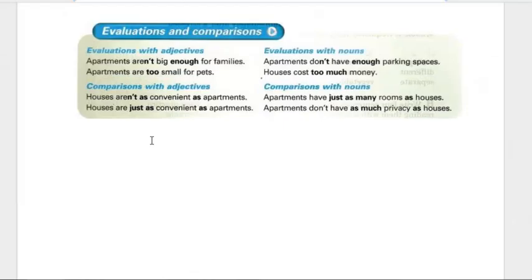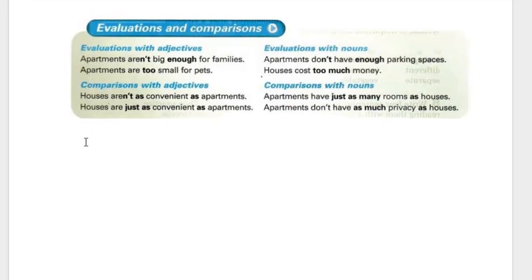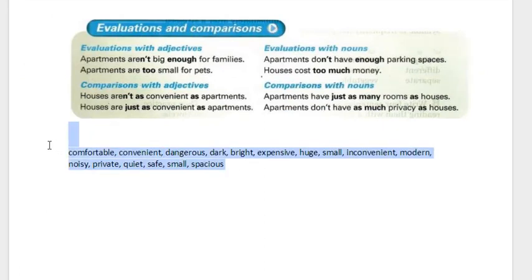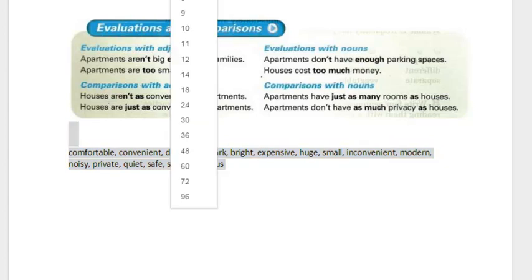First of all, what are adjectives? Well, adjectives are those words that describe nouns. So they describe people, places, or things. Since we're talking about evaluating houses and apartments, we want to think about some of those adjectives that we might use to evaluate a house or an apartment. I'm going to write a lot of those words here, and then I would like you to memorize and study them